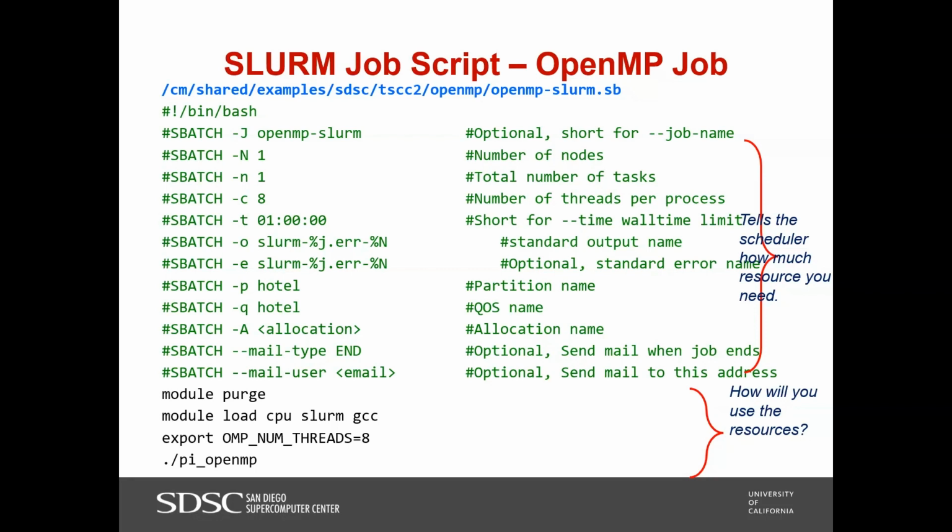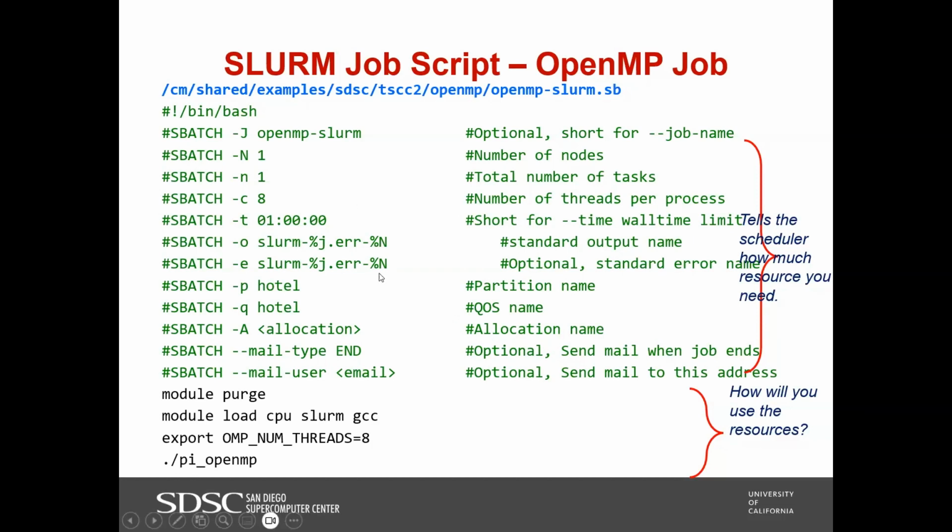And in this example, we first define some sbatch sessions telling the job scheduler how much resources we will need. Here we define a job name, and then we're telling the job scheduler that we need one node, one number of tasks, and 8 threads for running this OpenMP job, and then we decide how long we want,